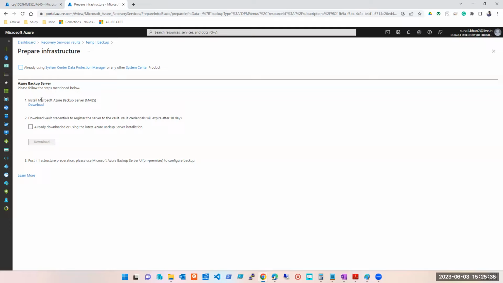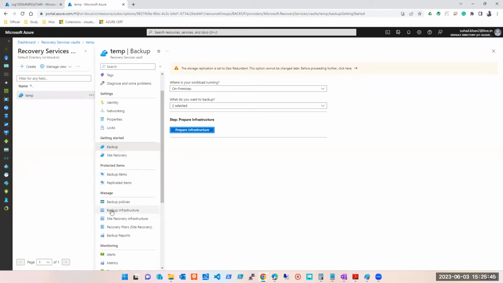Is it clear, guys? Is this yes, no, maybe? Is this clear, the backup infrastructure? Yeah, Amit, Faisal, Murtaza, Neha, Nitesh, is it clear? Yusuf,